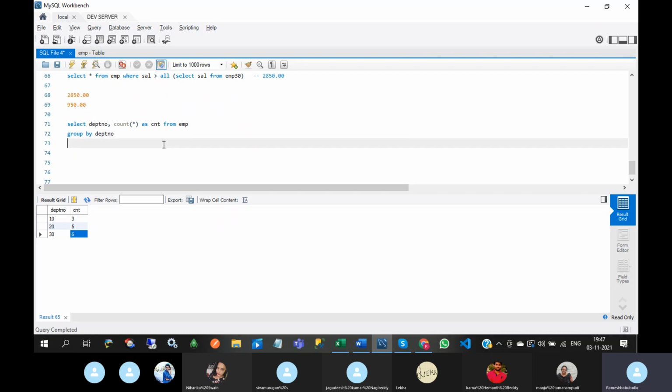Okay, but I don't want all the records. I want only those where the employee count is greater than or equal to 5. At that time, what do we have to do? Okay, so we will use the HAVING clause.